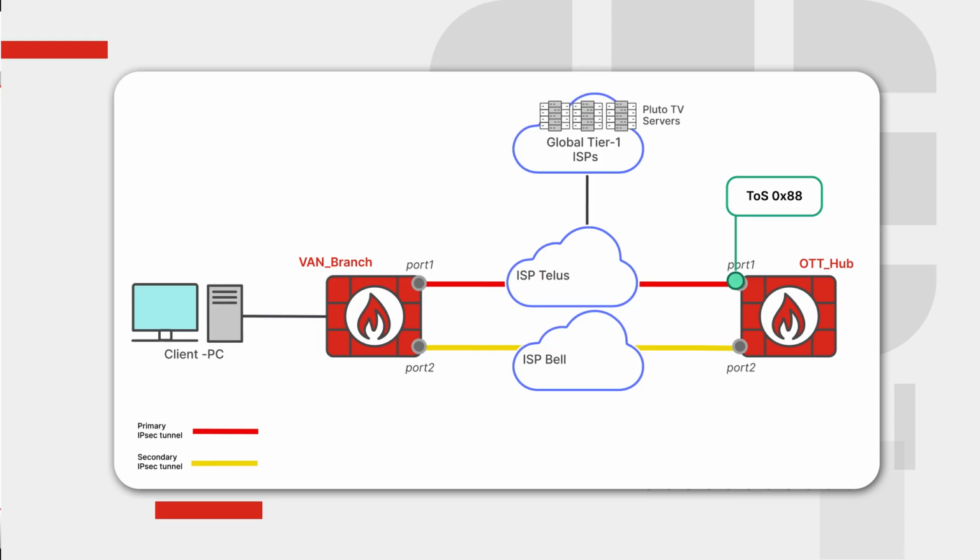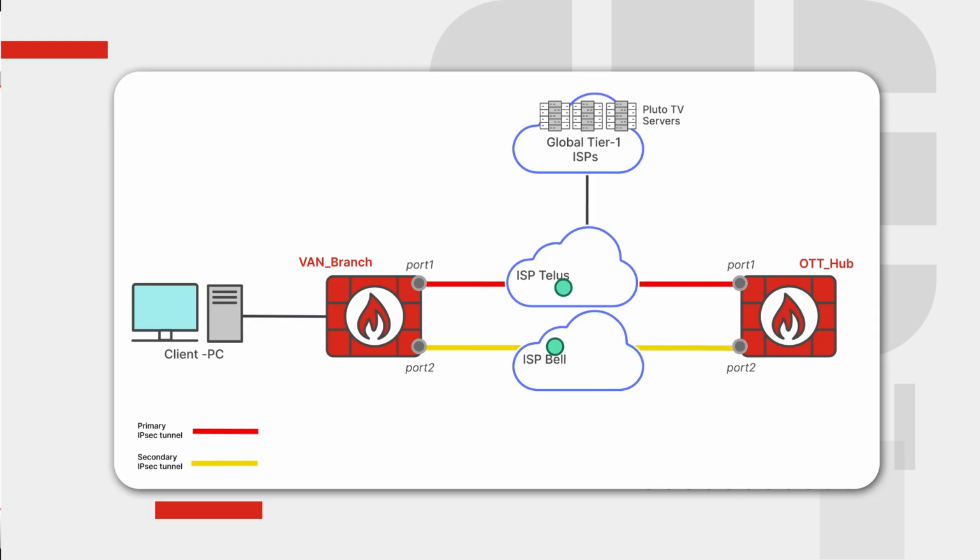Now this is where our optimization strategy comes into play, as this marking allows the Ottawa FortiGate to identify the video traffic and selectively apply the packet duplication rule. On the Ottawa Hub, we enable packet duplication for traffic matching ToS 0x88. When the FortiGate identifies a matching packet, it sends identical copies simultaneously through the primary and secondary tunnels to the